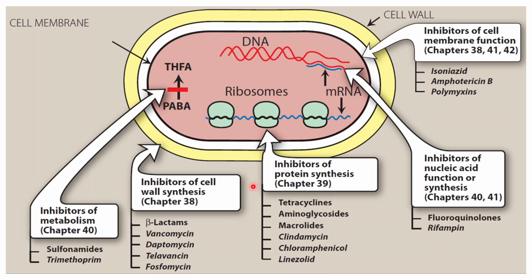So these are the protein synthesis inhibitors that inhibit the synthesis of protein on ribosomes, and you will argue that humans also have ribosomes. So why is it selective? It's selective because the size of the ribosome in the bacterial cell is different from the size of the ribosome in the human cell,